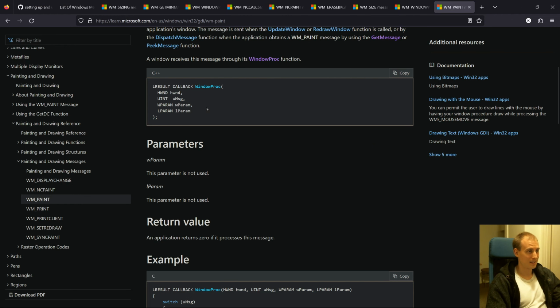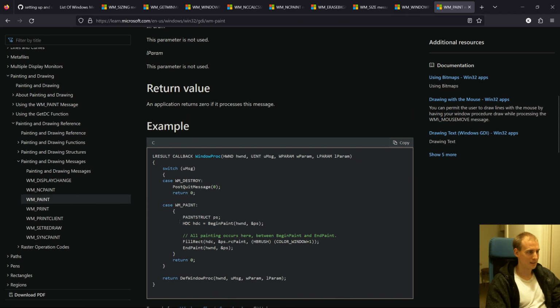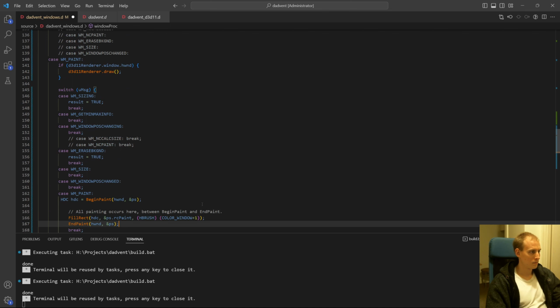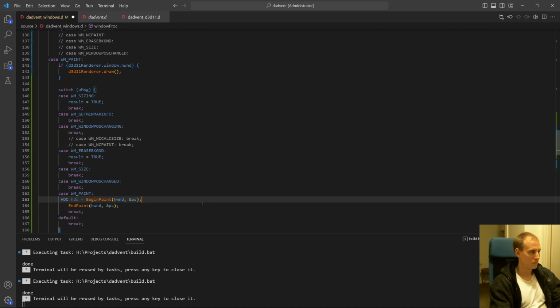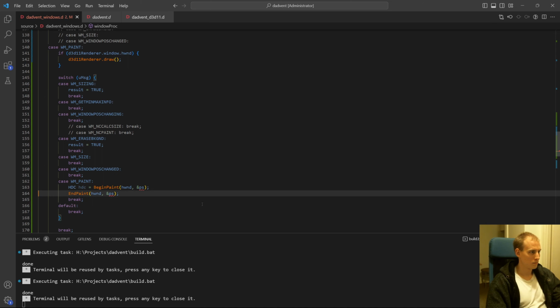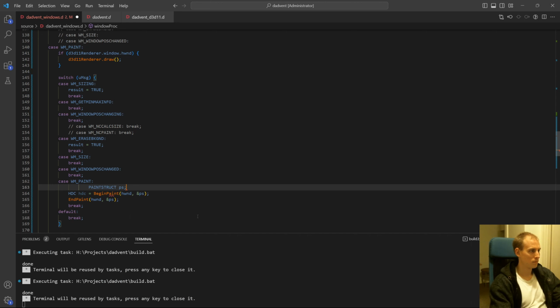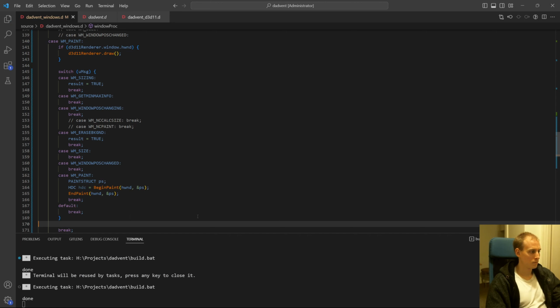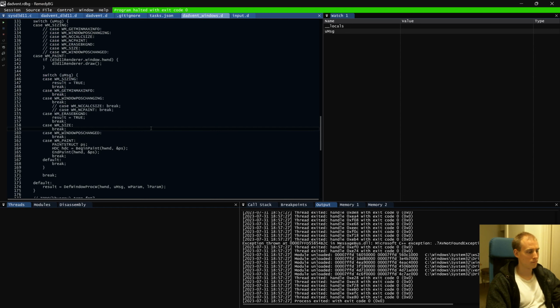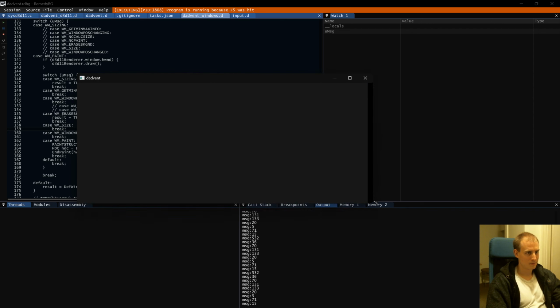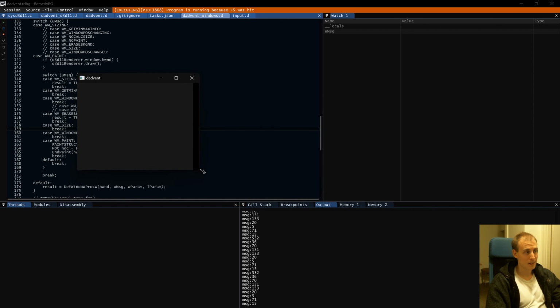So it really wants us to do BeginPaint, EndPaint, seemingly. Okay, so this is reasonable. Now we're not getting a flood of 15s, but